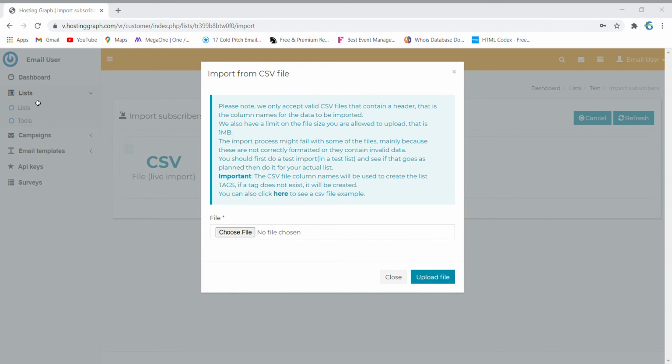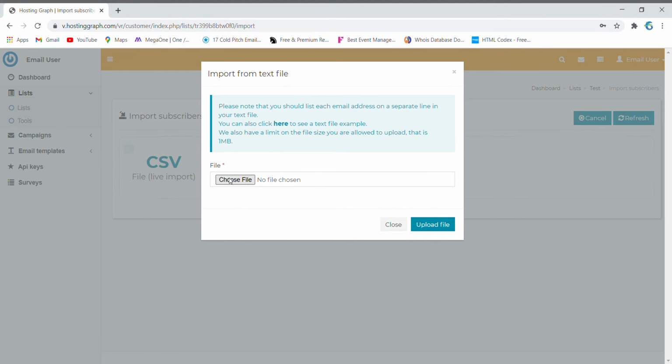Like, in the first column you have to type email, first name, last name, or other information. If you have only email addresses, you can delete this option and keep only the email address tab. Okay, now I am saving this. Now choose your file and import. So I have some text file, like I have a new file, I'm uploading it.